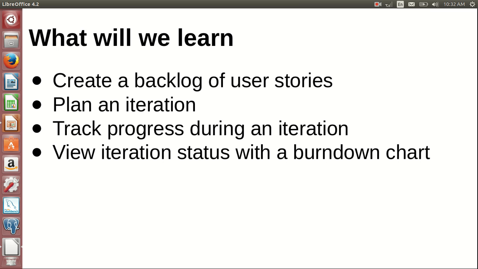Okay, so we'll learn what a user story is, how to create backlogs. These are terms which are used, not very difficult, but that is something which we'll learn. What is an iteration and how do we plan an iteration? How do you track the progress of an iteration, and finally how we prepare the reports and the burn